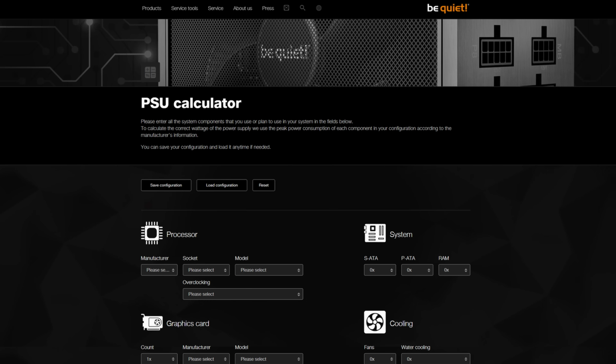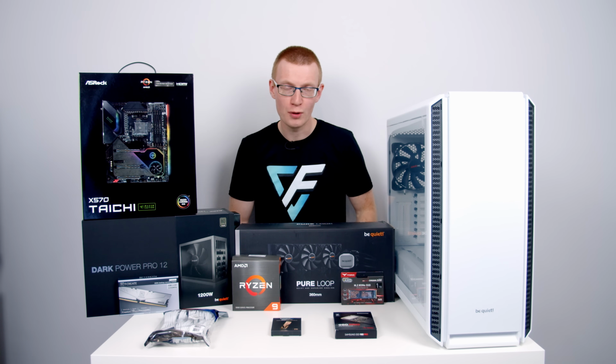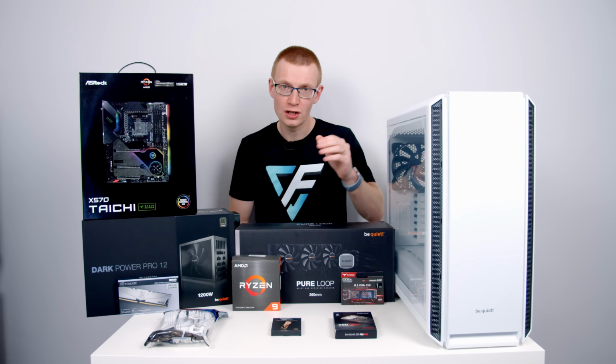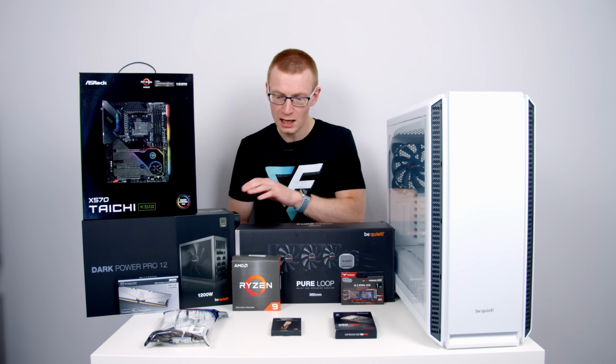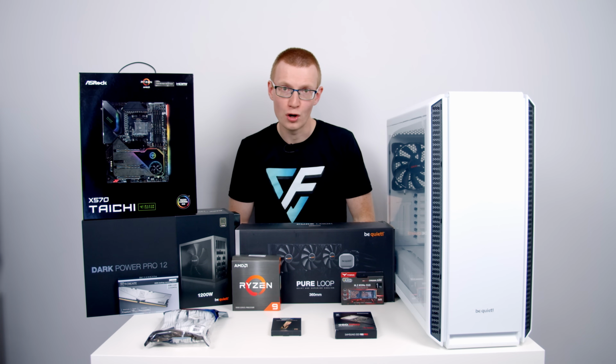To help you decide what power supply to go with, BQuat have a power supply calculator on their website. Whenever I put in all these components, it tells us that our maximum wattage is 645 watts. It is, however, important to remember when you're picking your power supply, you are going to want to allow yourself some headroom, because running a power supply at 100% all the time isn't very efficient. Your power supply is going to run much hotter and much noisier. So with a combination of an RTX 3080 and a Ryzen 9 CPU, I would recommend an 850 watt power